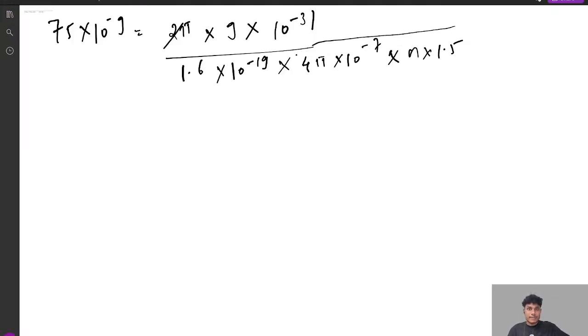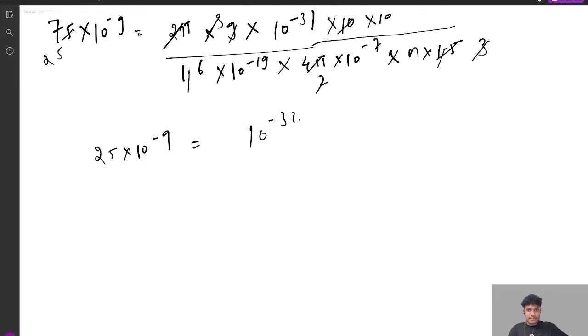Let me solve this. 2 pi cancels out with 4 pi 2 times, and from here we get 1. This 10 cancels out, and this goes up, 15 to 30, 30 cancels out this 2, 3 times, and 3 cancels out this 25 times. Okay, that is 25 into 10 raised to power minus 9 is equal to 10 raised to power minus 30 upon